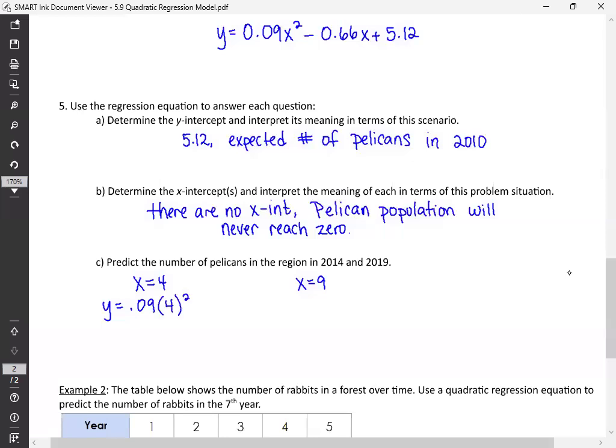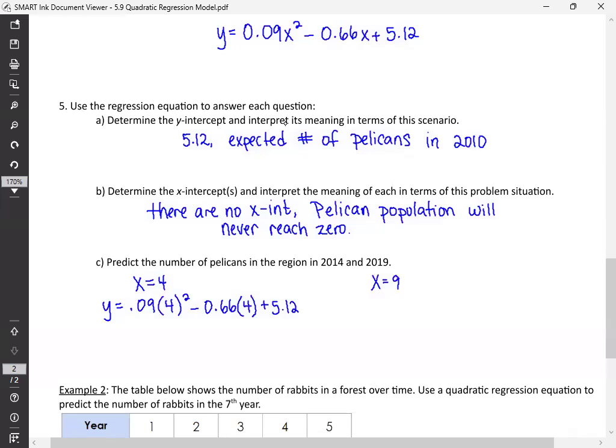It would kind of look something like this. Go and plug that into Desmos. I should get about 3.9 thousand. We'll look at that one together in just a moment, and I'll show you on Desmos how that works out. And then we would do the same thing for 9. Just replace your 4 with a 9 and calculate, again, our prediction for what we hope might happen based on